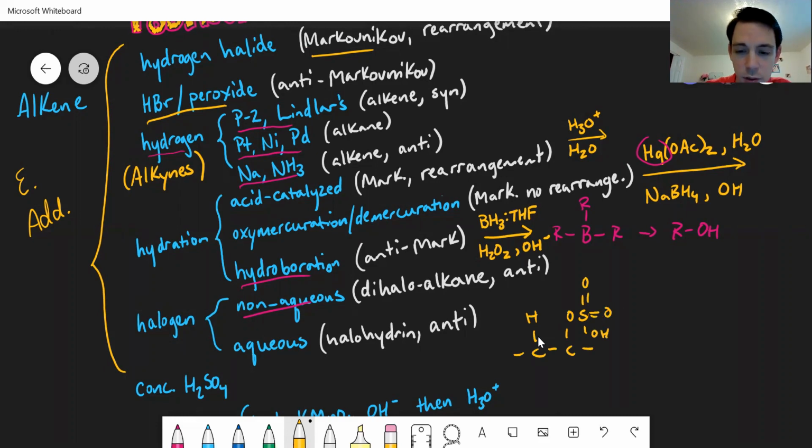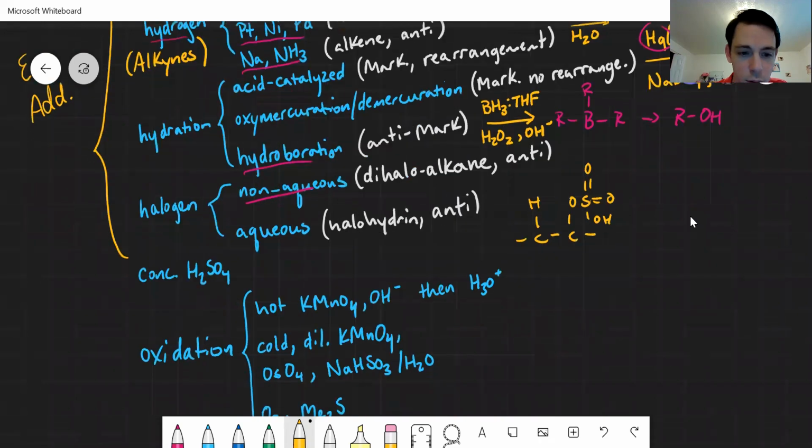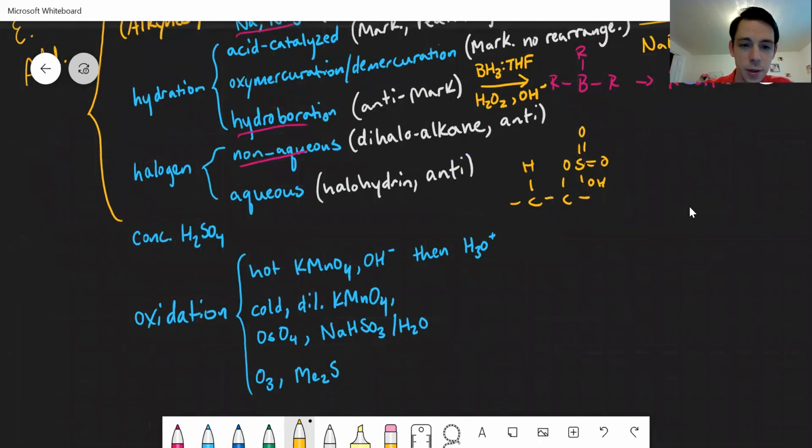Okay, it's going to look something like this, called a sulfonate. That is not very stable, and once water is added, the sulfonate gets replaced with an OH to make an alcohol. Also, electrophilic addition. Okay. The other types of reactions we learned were oxidation reactions, where we learned a few of